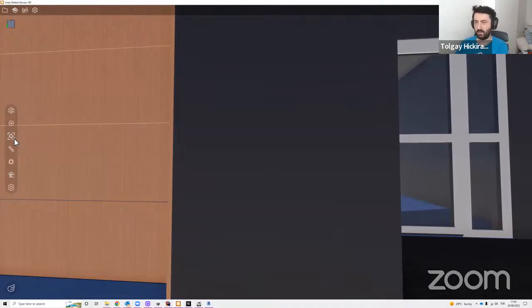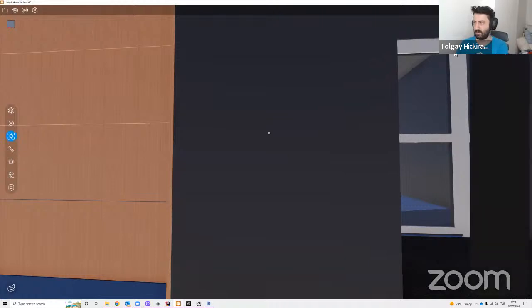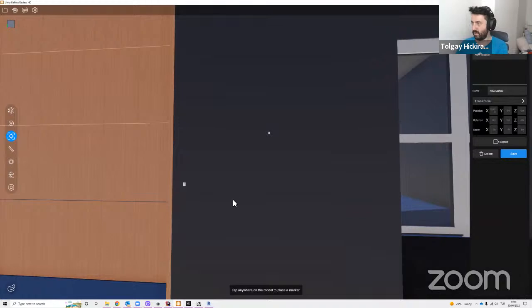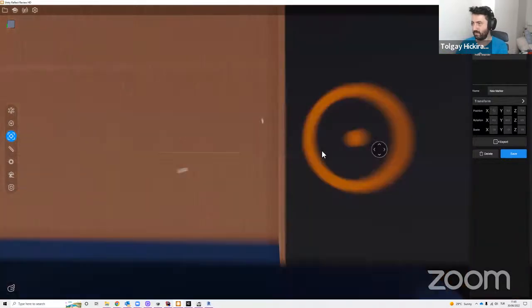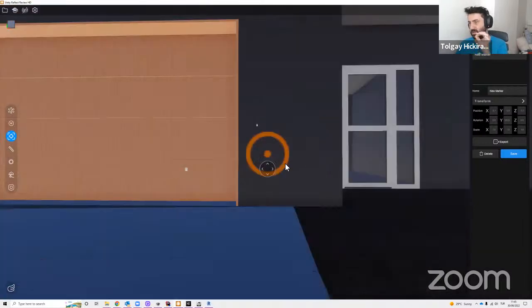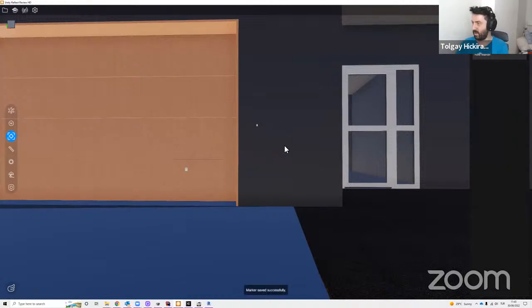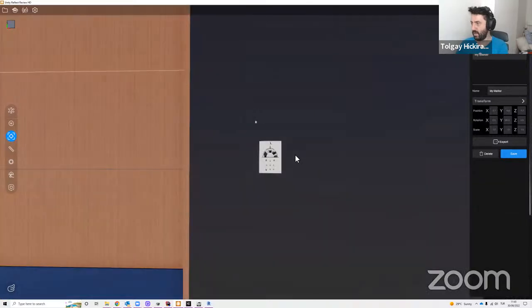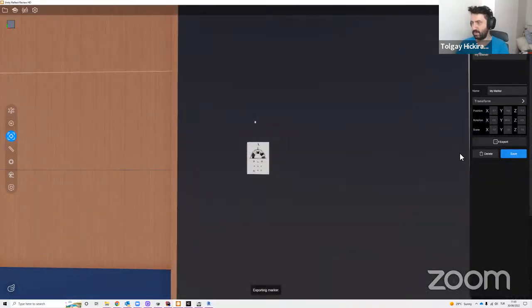You can basically put AR markers onto a model. So you can press plus, select an area. Okay, so I selected this area. This means that if I create a marker like this over here, now it's saved. Look, I can basically export this